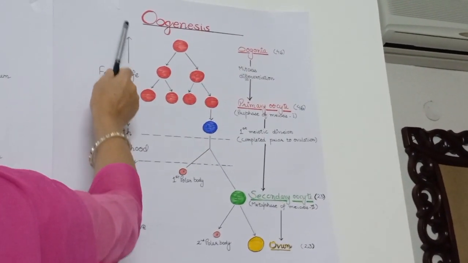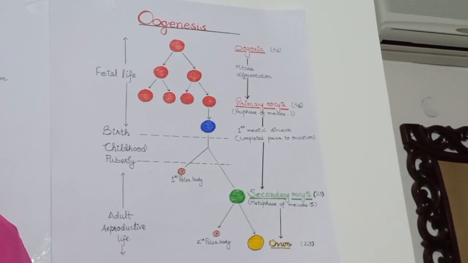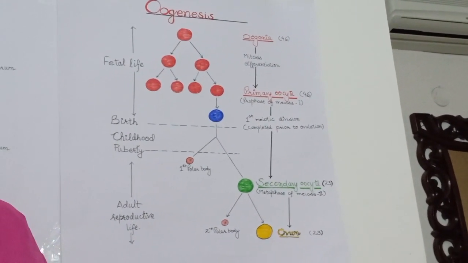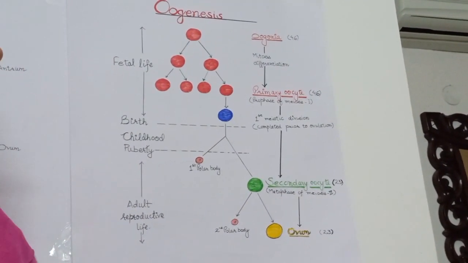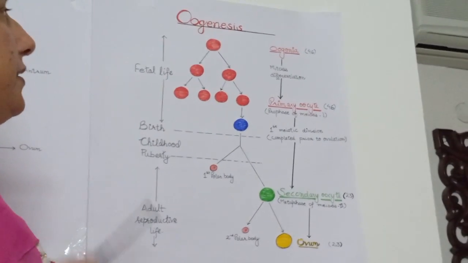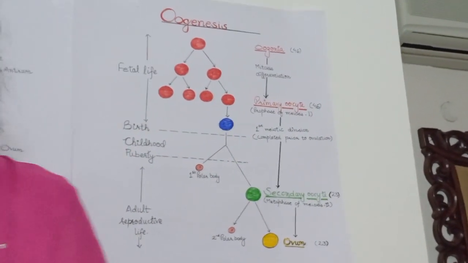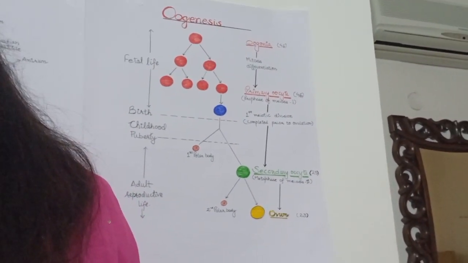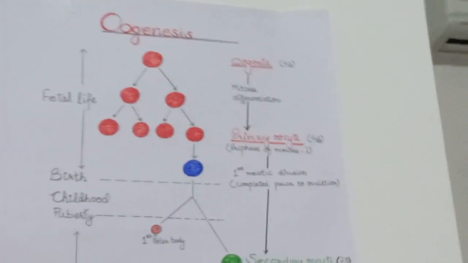The process of oogenesis is the formation of female gametes from oogonium in females. The process of oogenesis is different from spermatogenesis in males. Spermatogenesis in males starts at the age of puberty, but oogenesis in females starts in the early embryonic developmental stages. And after birth, no more oogonia are added.